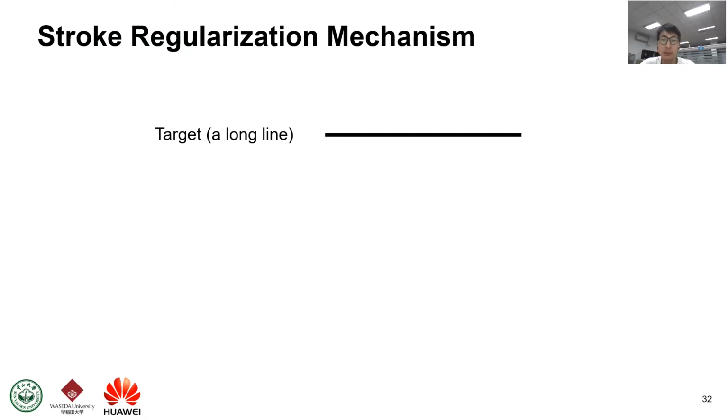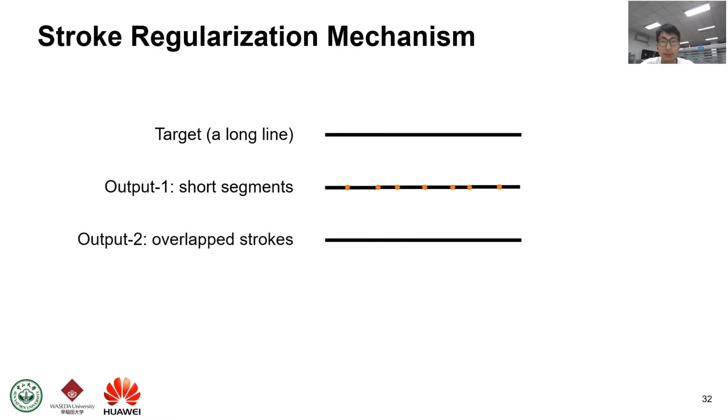Another feature of our approach is the stroke regularization mechanism. We know that different vector images can be rendered to the same raster image even when there are short segments and overlap strokes. We are interested in the simplest vector representation, that is, with the fewest parameters. Since we use pen state to indicate whether a stroke is drawn or not, for example 1 for drawing and